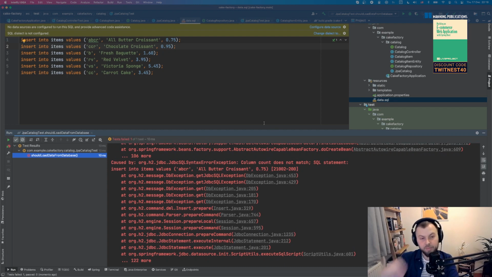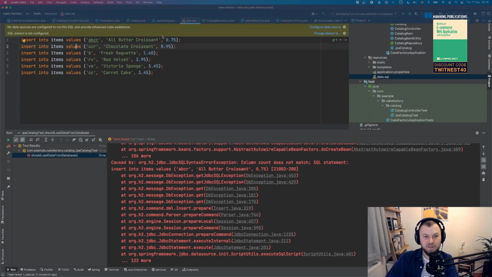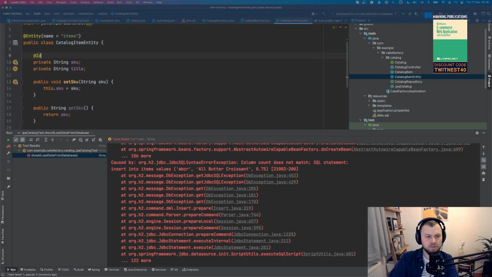Oh yes, that's true. Because as I said, it automatically generates all the columns, all the schema for you, right? And in our schema, we only have 2 fields, so we don't have price yet. And although it's weird, we're not testing that yet, so I don't have a test for that. Let's maybe ignore that for now. Well, it's actually super quick to add it, right? So let's quickly add it.